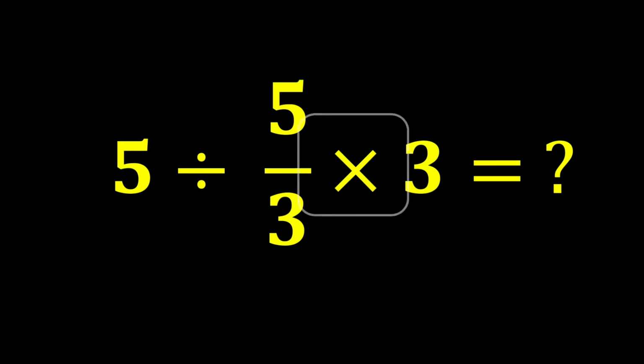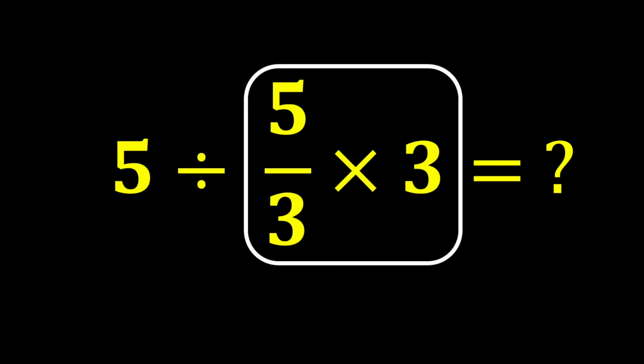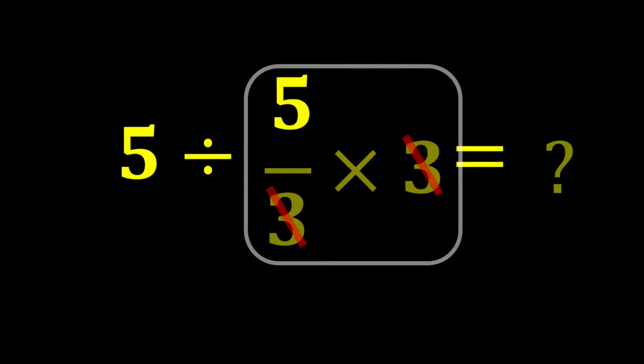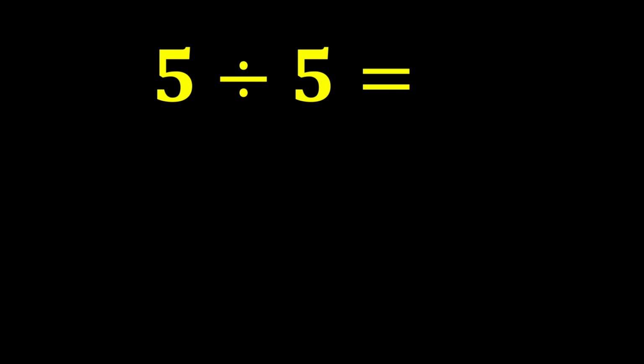First, we perform this multiplication, 5 over 3 times 3. This 3 and this 3 cancel each other out, and only 5 remains. In the end, 5 divided by 5 gives us 1. But this answer is not correct because we did not follow one of the most important rules in mathematics called